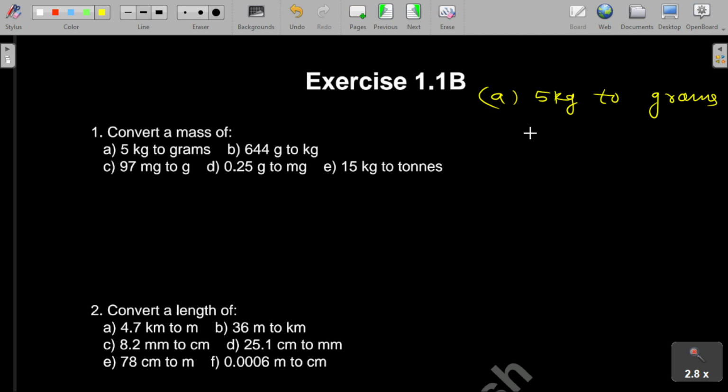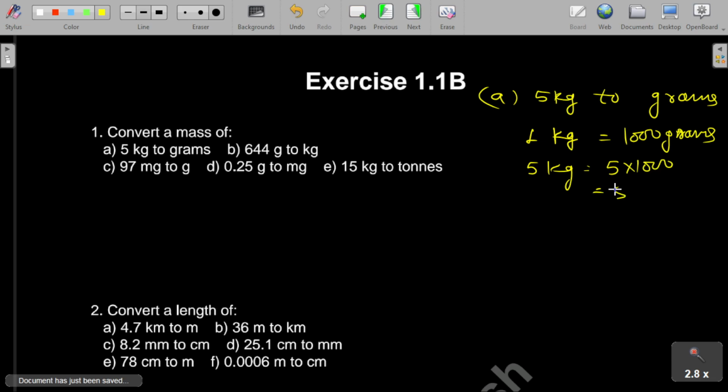We know that 1 kg equal to 1000 grams. So 5 kg equal to 5 into 1000, which is 5000 grams. So for the first, the answer is 5000 grams. Second one,